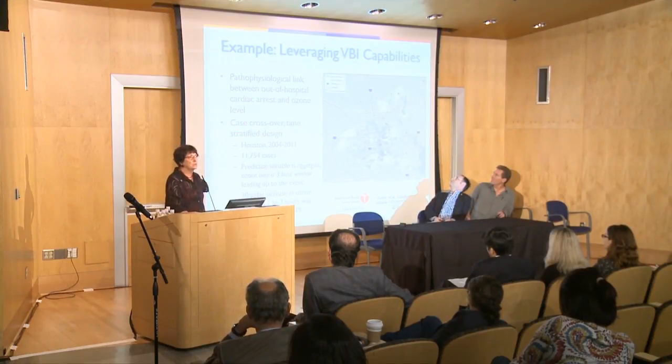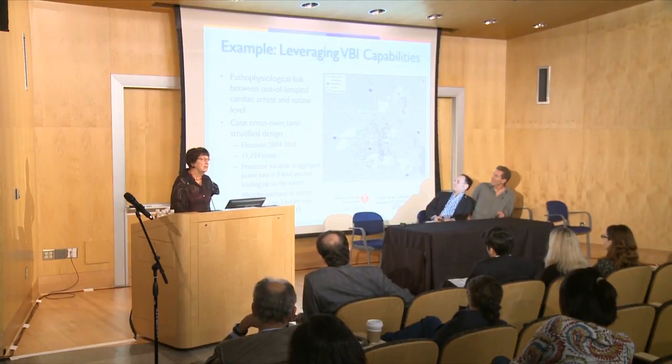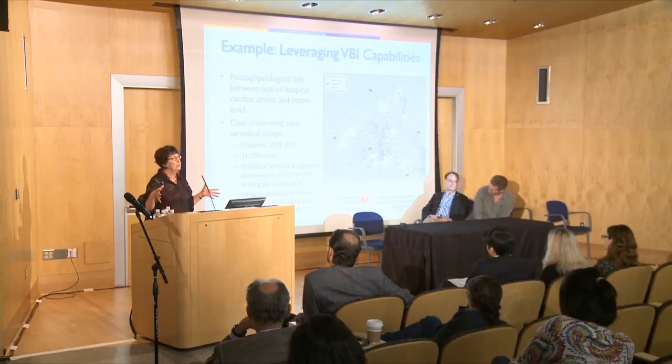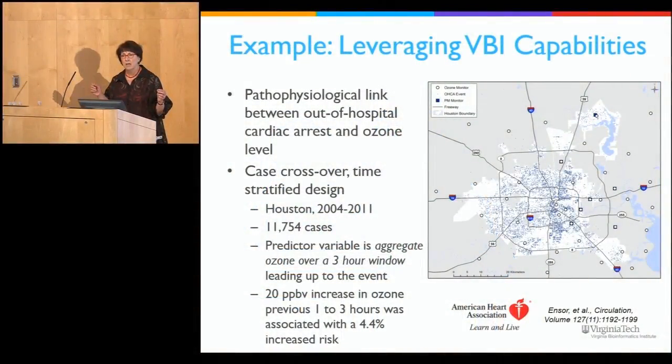There's been some great research that our colleagues have done that have demonstrated that localized concentration on a 3-hour window of air quality increases the risk of out-of-hospital cardiac arrest by 4.4%. It's a huge result because nearly 400,000 people in this country have an out-of-hospital cardiac arrest and 90% die. So that's a serious issue. Now, what they can't do is to actually try to understand what's the populations at risk here. They only can do this based on knowing who had the out-of-hospital cardiac arrest and attaching to them their exposure to the air quality in this localized time period.